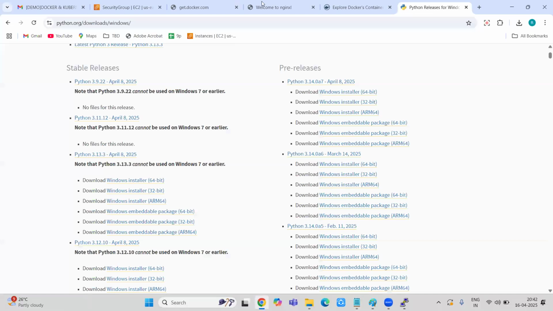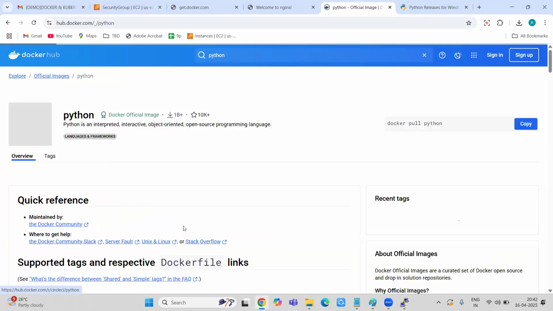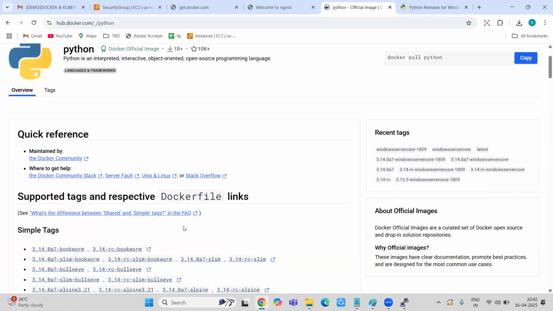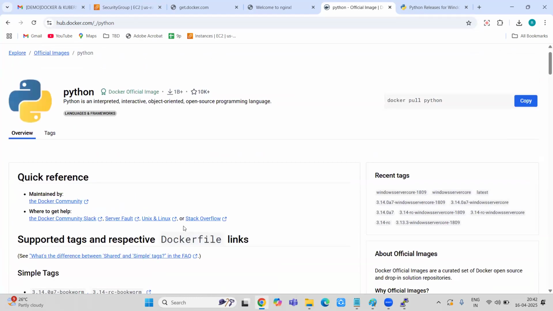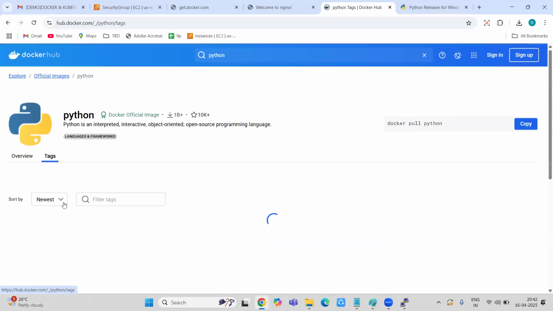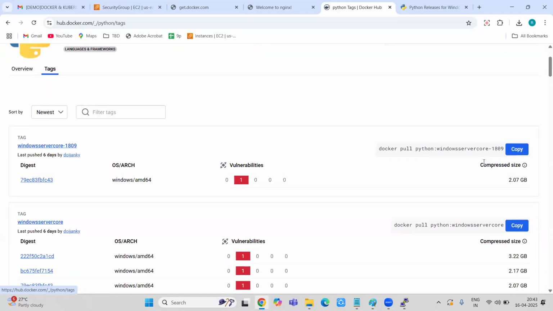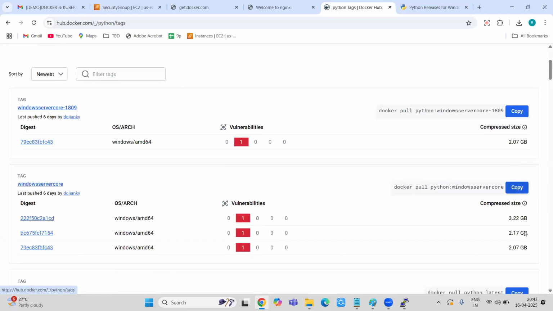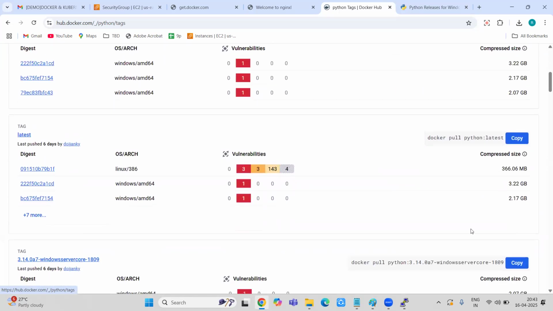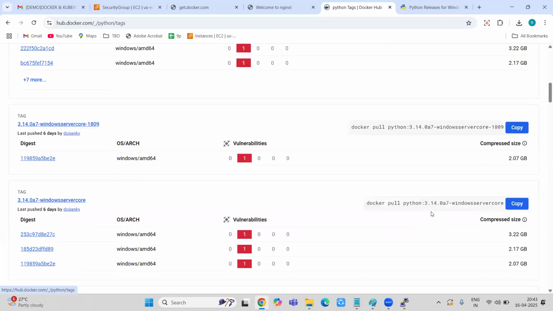But again, for this Python, let me go here to Docker Hub. Let me click on this because this is the latest one it is showing. Why does it have that much space? I can see tags as well. See, there are a number of tags. Right now, I didn't give anything. That's why the latest one will be downloaded. Can you see here, it is 2.7 GB, 3 GB, 2 GB. Almost, when we say Python, why will that Python have that much space?